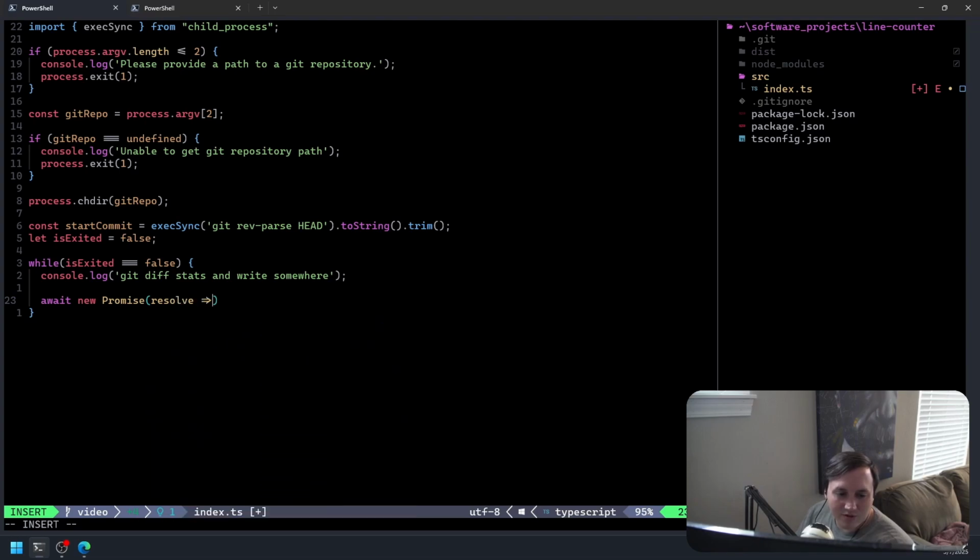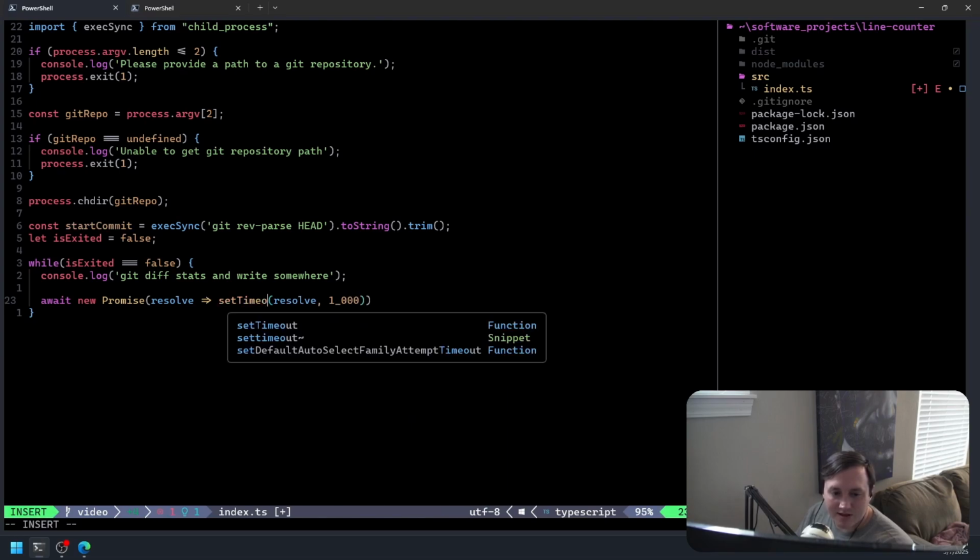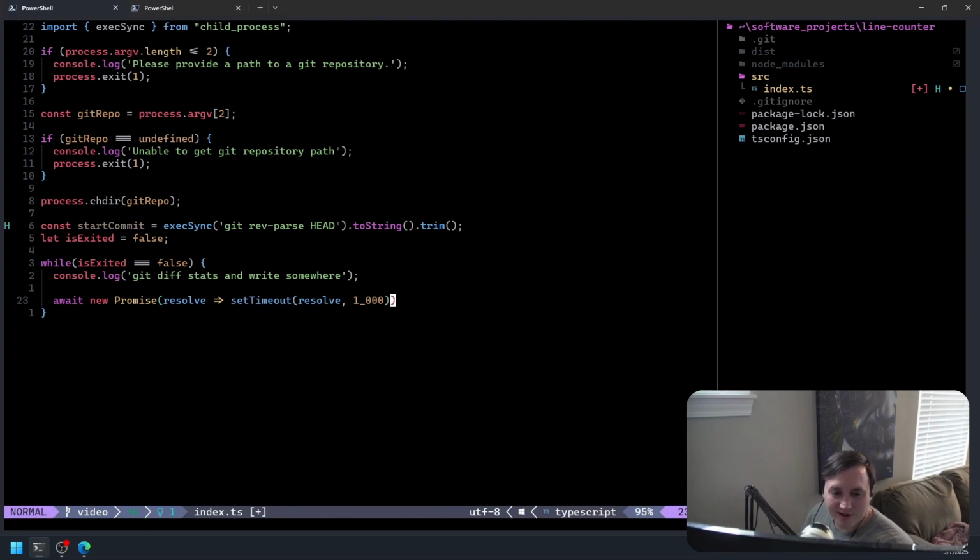And then we will say setTimeout, and we will pass in the resolve function as the callback, and we'll declare a timeout of 1 second, like that. We also need to spell correctly. There we go. All right, so now with this in place,